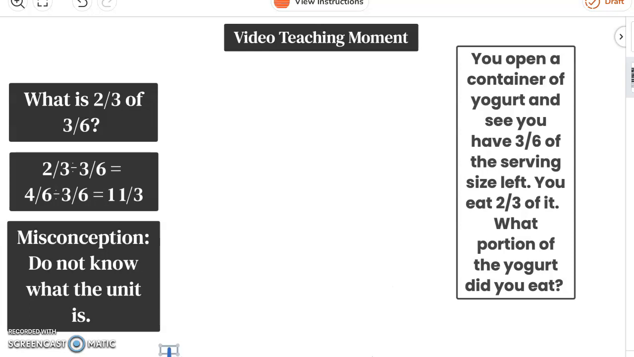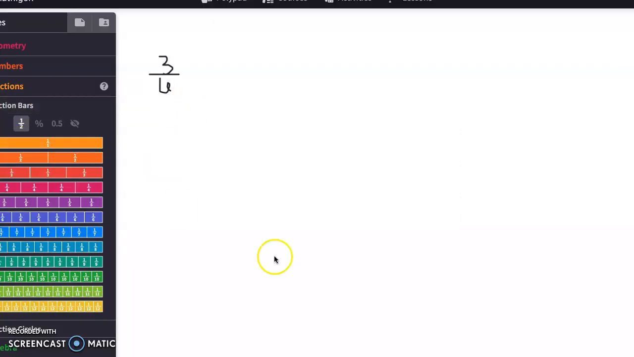So I added some context to these numbers. I said you open a container of yogurt and you see you have 3/6 of the serving size left. You eat 2/3 of it. What portion of the yogurt do you eat? So using fraction tiles here,